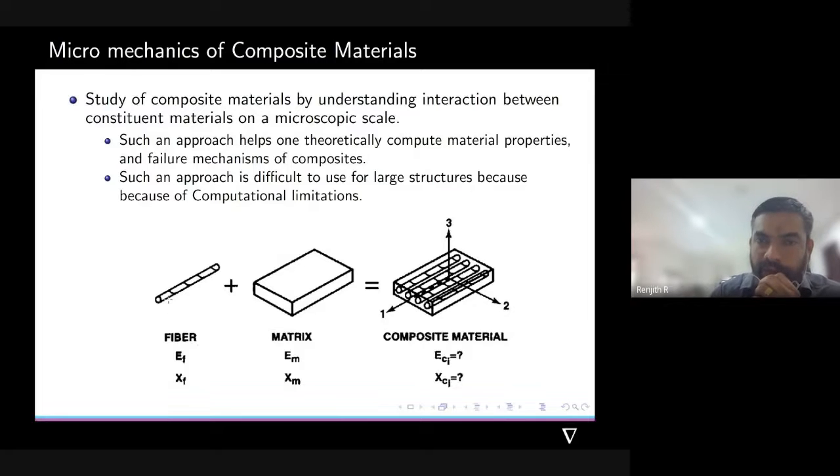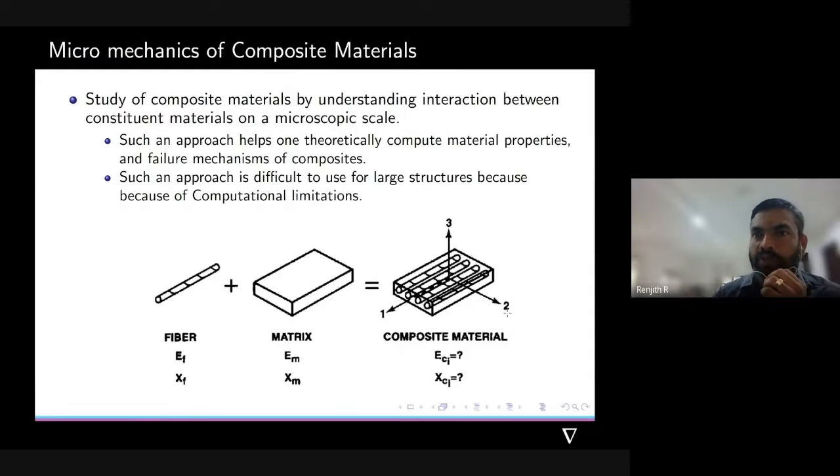To find out the elastic region mechanical properties, we will first find out the mechanical properties of the fiber. Most of the time that will be Young's modulus and Poisson's ratio. And for the matrix, we will find out the same. Using some equations from the microscopic approach, for example rules of mixture and Halpin-Tsai equations, we will find out the composite material property, which we will eventually use for the finite element analysis.